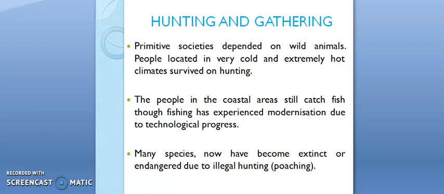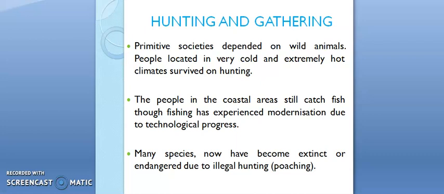People used to live in forest areas, or in caves and all. At that time human beings were not civilized. So in the primitive society, it was totally dependent on the wild animals. People located in very cold and extremely hot climatic conditions survived on hunting only, because what else would they eat? The people of the coastal areas, those who are living in the waterside areas, they knew about